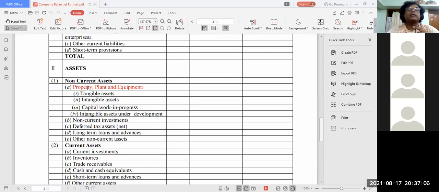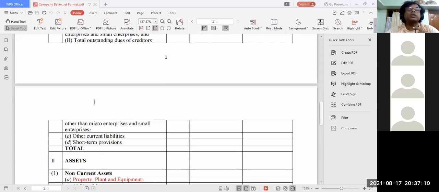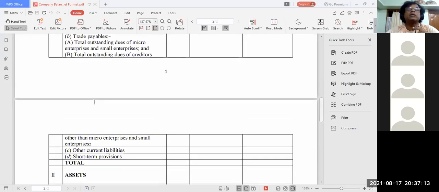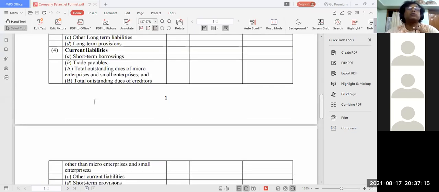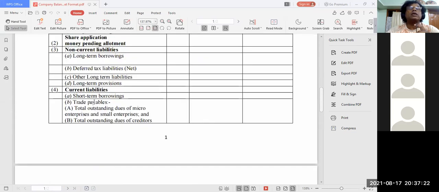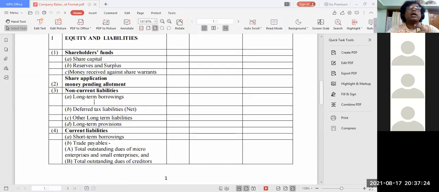I mean, not non-current. Like that, there may be outstanding liabilities. Earlier I taught you outstanding liabilities come in balance sheet liability side, and I was satisfied when you said that. But here, balance sheet liability is not sufficient. Suppose you write outstanding salary under shareholders' fund. The balance sheet will tally, but marks will be deducted. So you have to know the address.